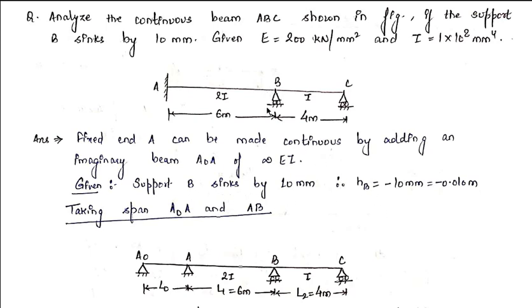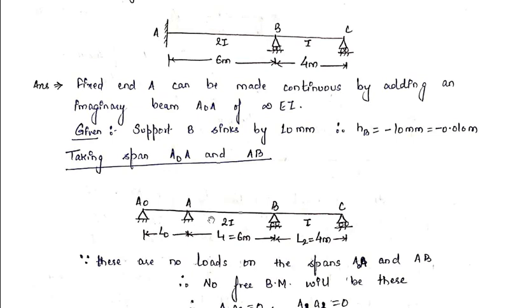So the support B has sunk by 10 mm. So the value of HB will be minus because it has sunk in the downward direction. We are taking the height of point B with respect to point C. C is above and B is now below the reference point, therefore it is minus. So now let's take the spans A naught A and AB and apply